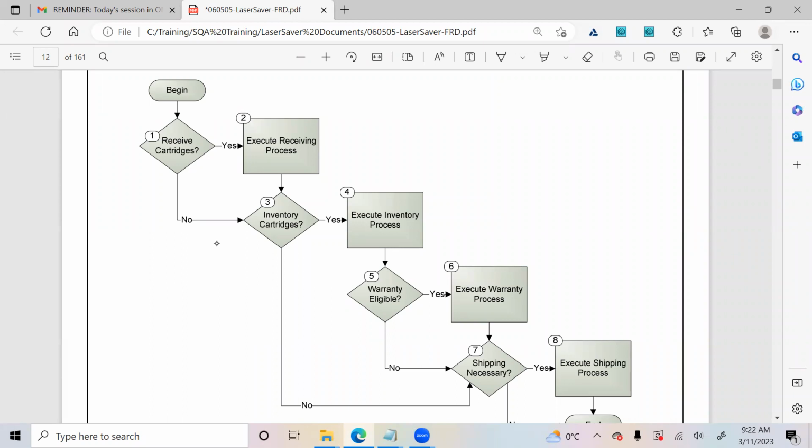Okay. So once, go ahead. Receive the cartridges, so here, yes or no? Here, I have a question. What does that mean? Once we receive, it's received. Sure. So generally, the business process is, when you are talking about the business